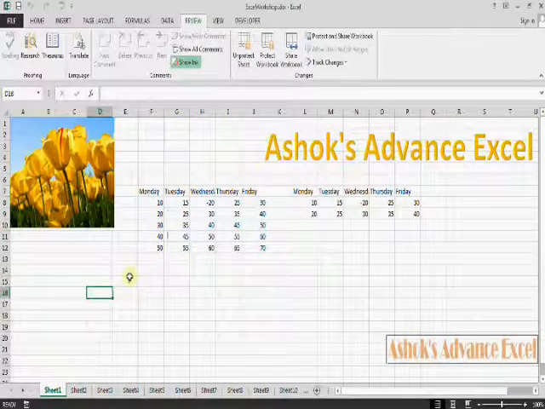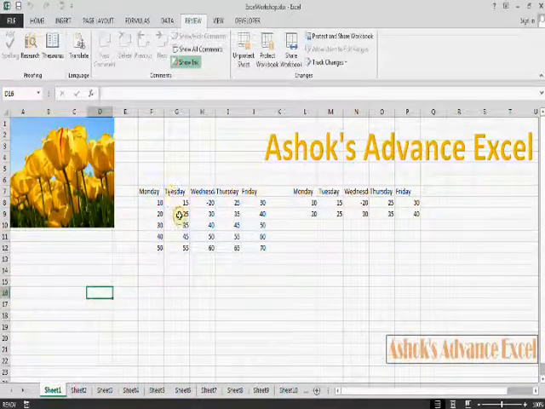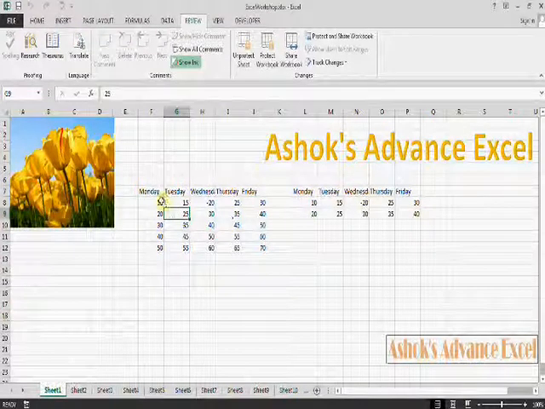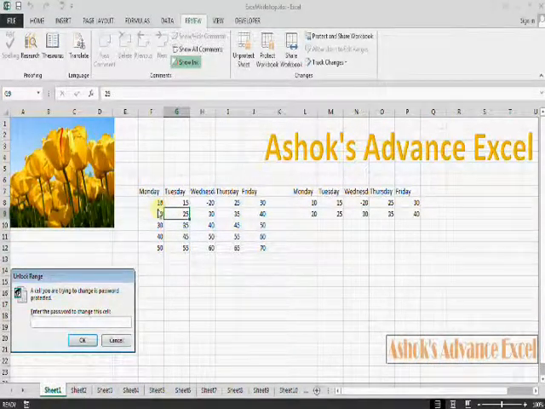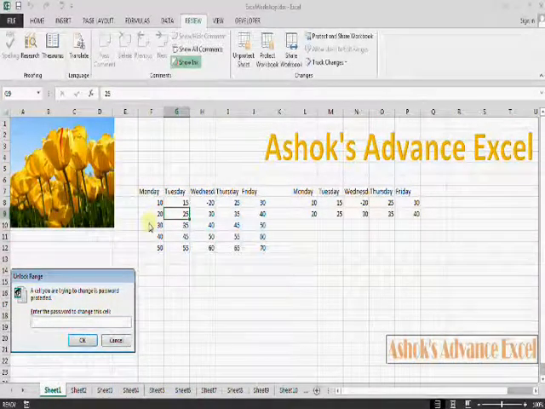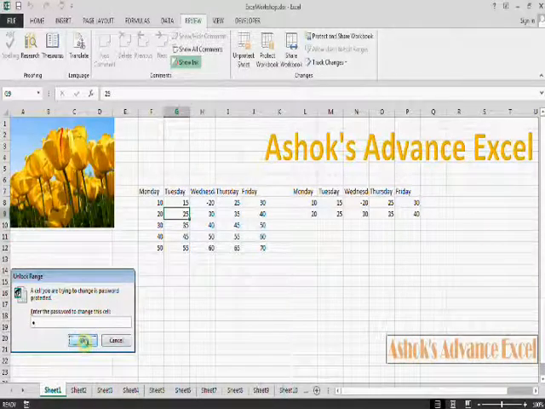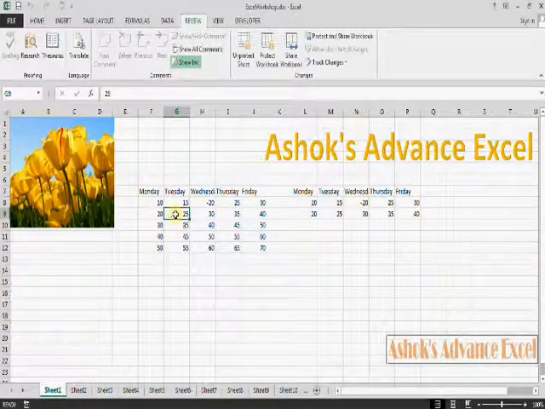The message has come. Now click on this range and try to edit. Now you can see it is asking for a password. Just write password capital A. Click OK. And now try to edit.